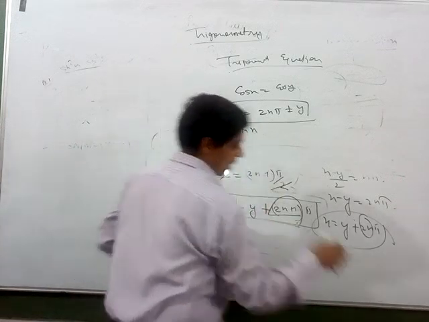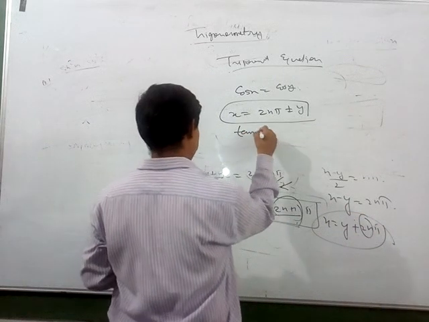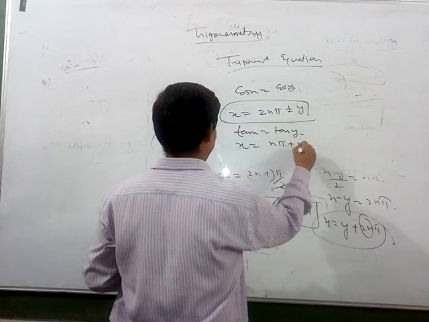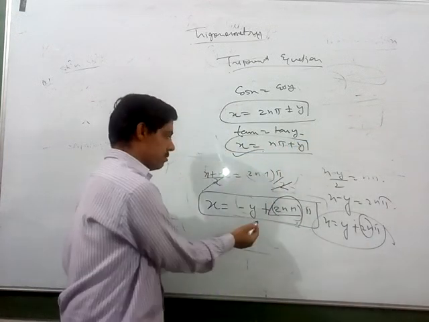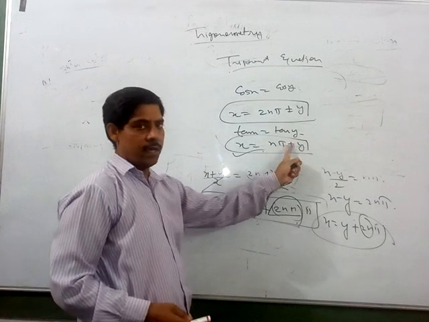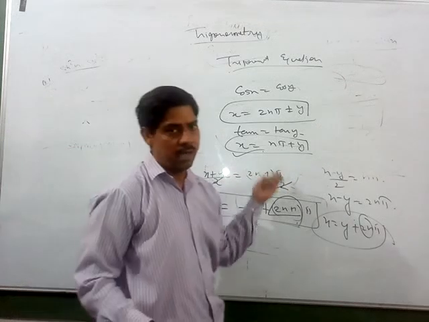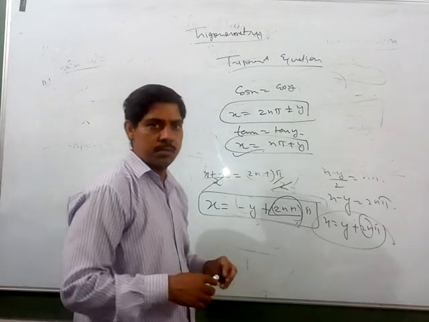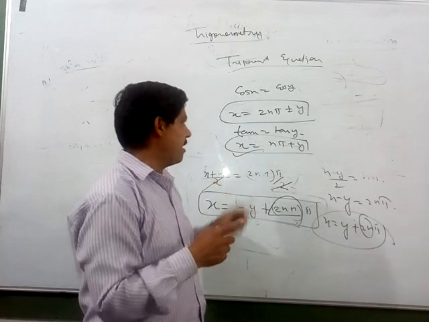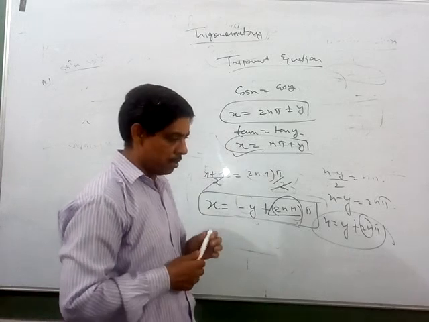And when tan x is equal to tan y, you will have to derive x is equal to n pi plus y. In this case, in this one and this one, sine and tan, the only difference is we are not writing any operator here. Only the positive values are allowed, negative values are not allowed. It automatically becomes a positive value. That also you can use by looking at the various elements. So these two you should try on your own. I will write them as your assignment also.